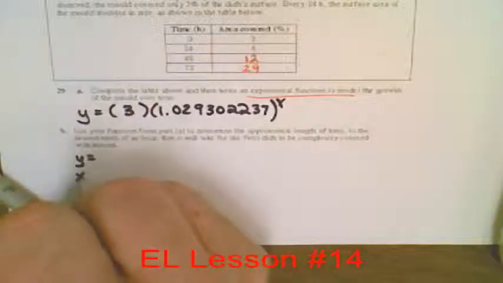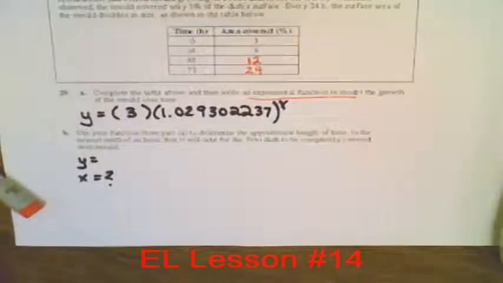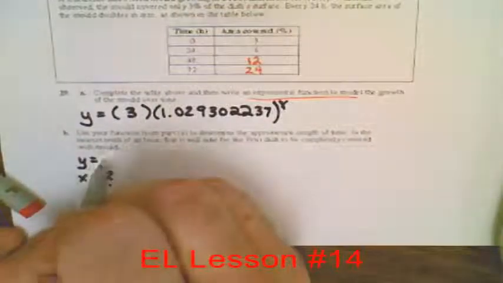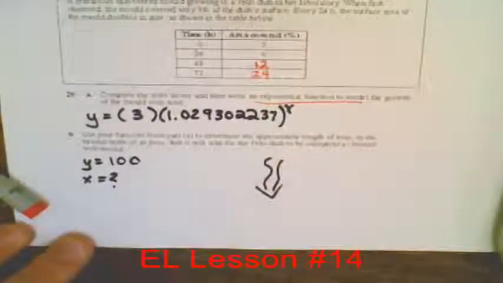Now that you've got the equation, B, use your function from part A to determine the approximate length of time to the nearest tenth of an hour it will take for the Petri dish to be completely covered. Keep in mind you've got 2 values that you don't know, y and x. Those are your 2 variables. It wants to know time, which is x. It wants to be completely covered. The percentage that's covered is y. So you want 100%, and then from there,